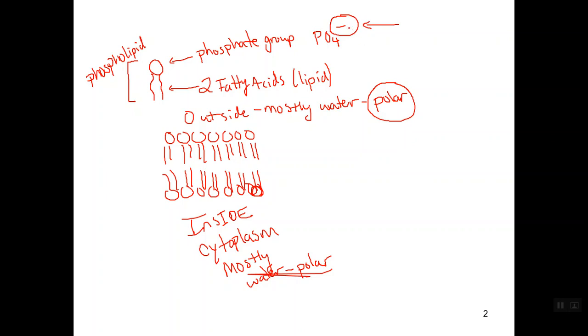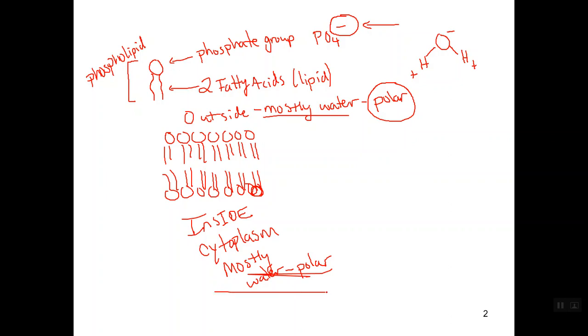So it's going to be attracted to some of the hydrogens in water. Remember, the oxygen in water is slightly negative and the hydrogens are slightly positive. So this negative charge is going to want to stick to these hydrogens. It's going to want to make hydrogen bonds with them,